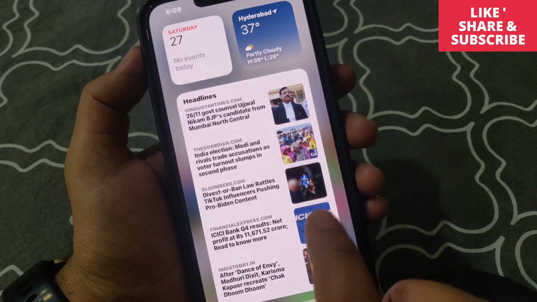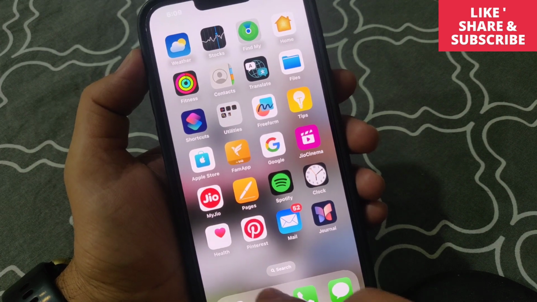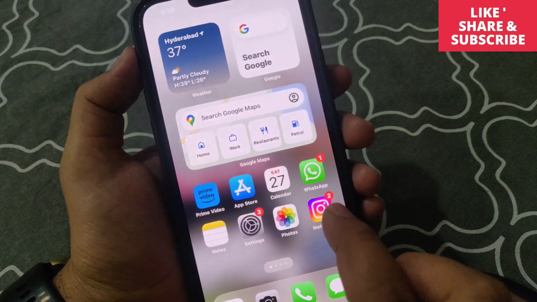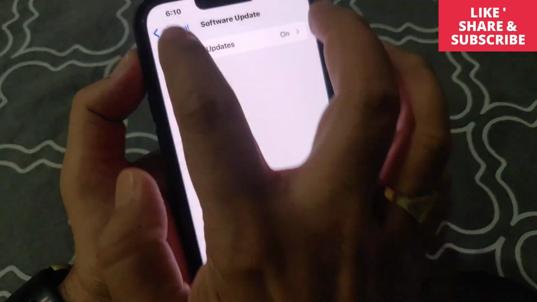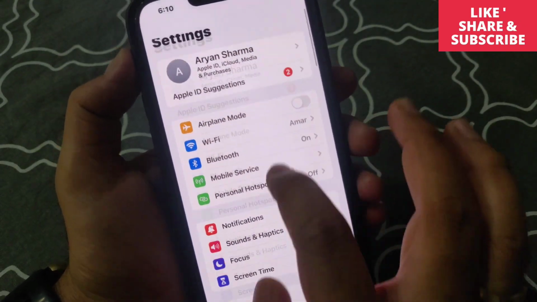Hey guys, let's see today how to make iPhone vibrate in silent mode. So guys, if you want to make your iPhone vibrate in the silent mode, just go to settings. You can see over here, just tap on it, and now from the main settings page, just try to